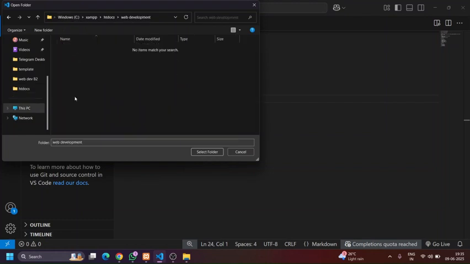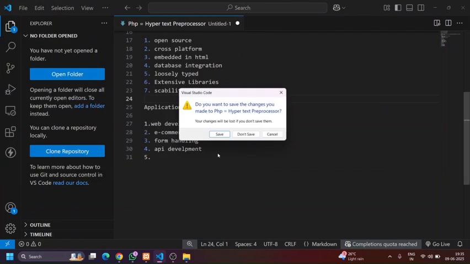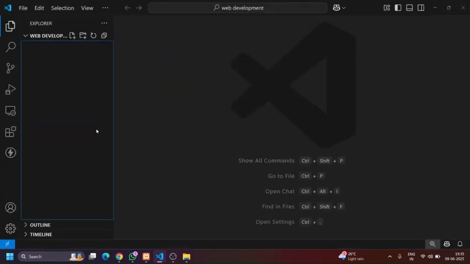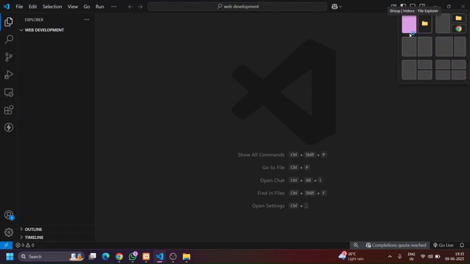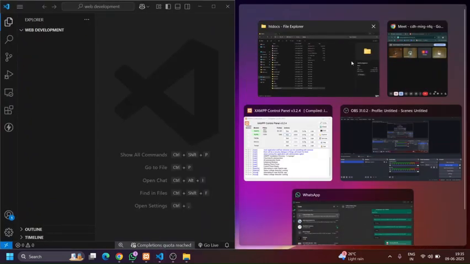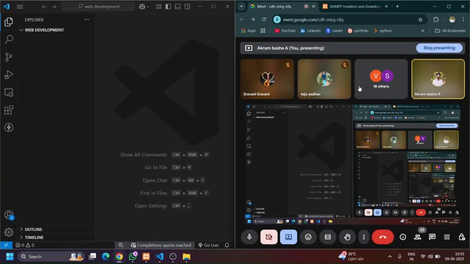Inside XAMPP, I have created this web development folder. I will choose the web development folder. Inside this web development folder, I will create a simple file like